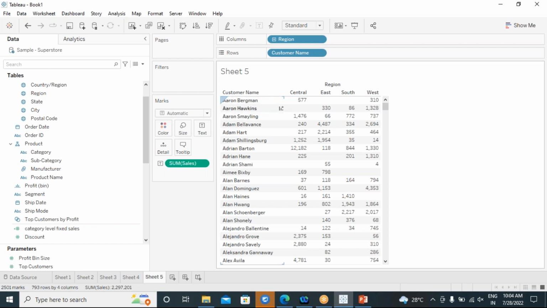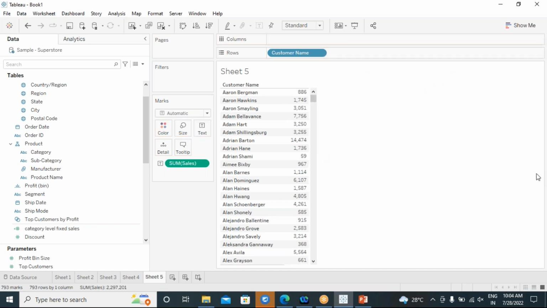So I want to calculate the average customer sales. Suppose if we take that customer, he may have given multiple orders. He has given 3 orders. The 3 order total sales is 886. So how can you get the average of that particular customer's orders? We need to change the total, sum to sum average of